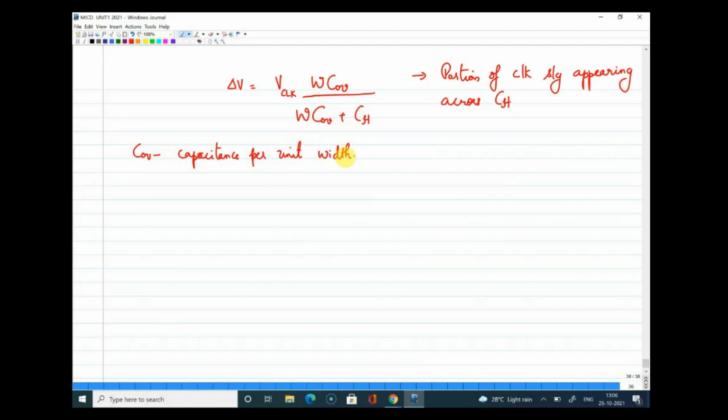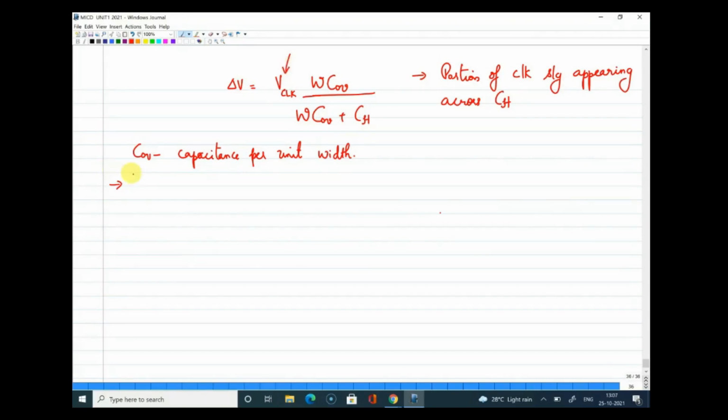Now there are some mechanisms to solve even this, but one good part is this injection mechanism is not depending on the input signal. This is from the clock signal. Since it is not signal dependent, this will always come as a constant offset voltage. If you look at the input output characteristics also, this will remain a constant offset voltage, and such errors can be easily treated. An error which is constant throughout the cycle is easier for us than an error which keeps getting dumped on the capacitor and is a signal dependent quantity, right?